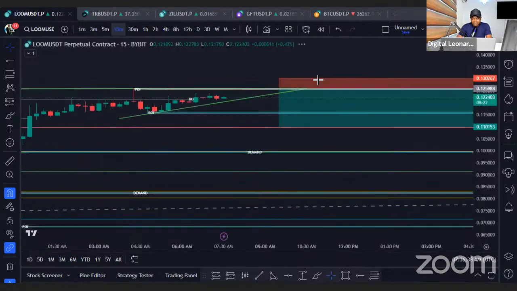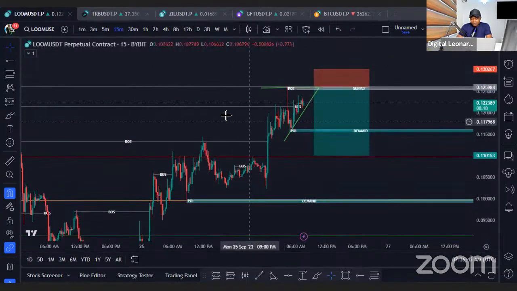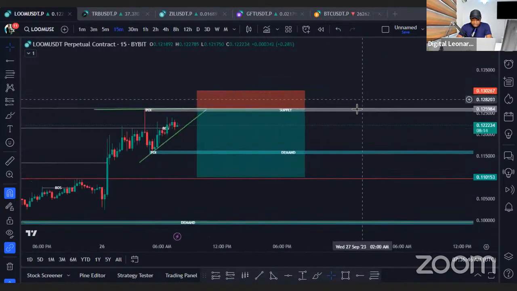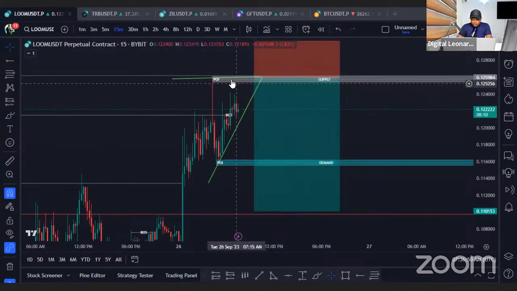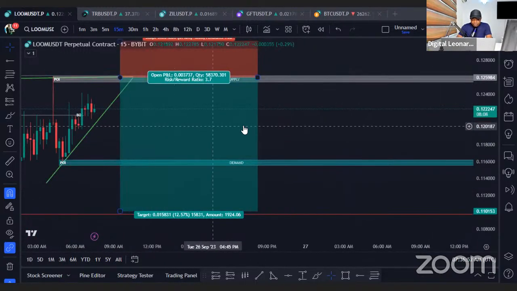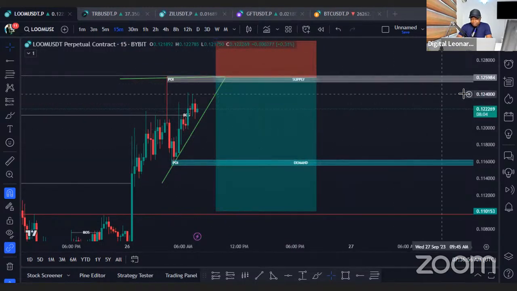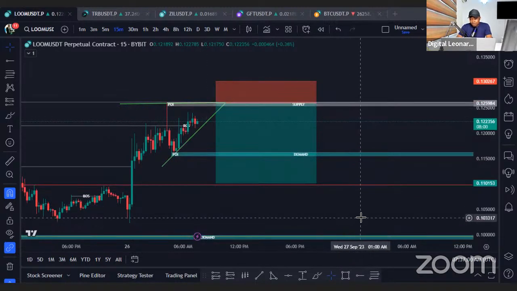So I missed this, guys. I missed this, all right? It would have been good to set the limit order, right? It has not triggered yet. So what I'm going to do is set a limit order to pick that up there. It has not triggered yet, so we'll just keep looking until our 12, okay,